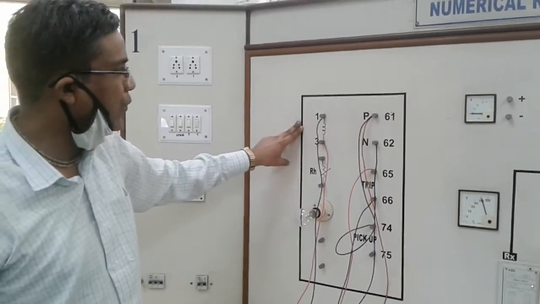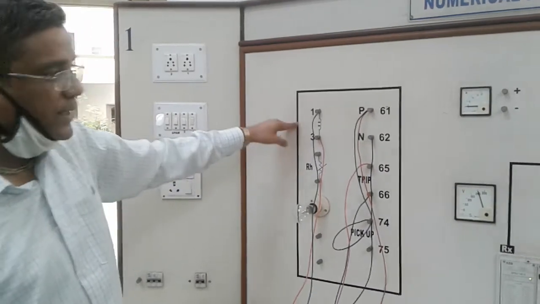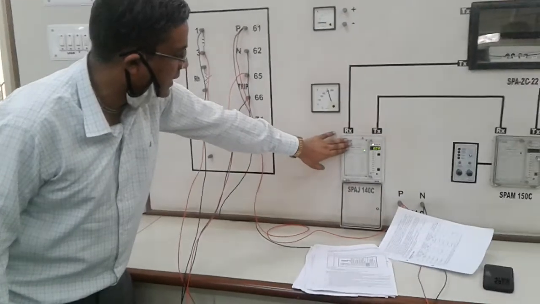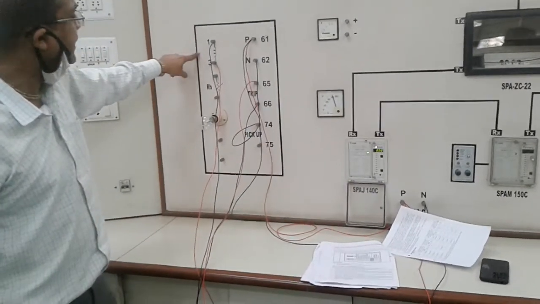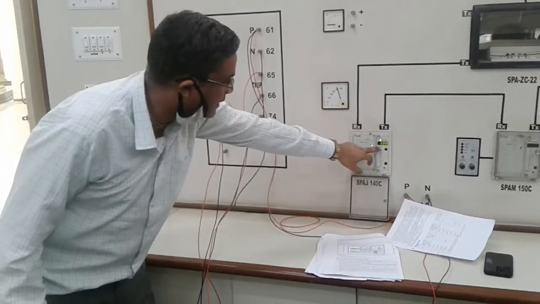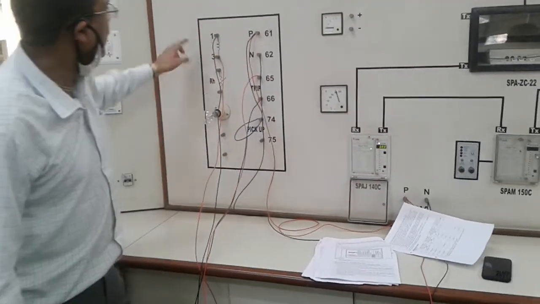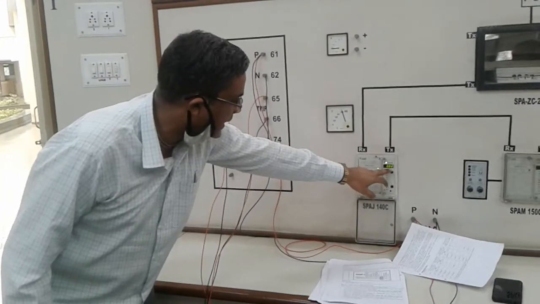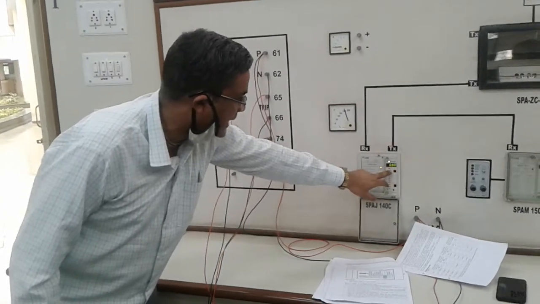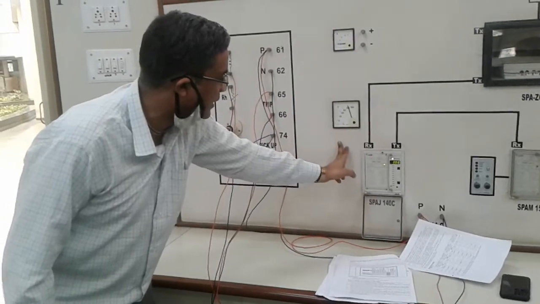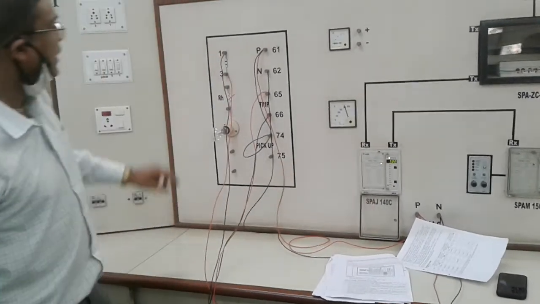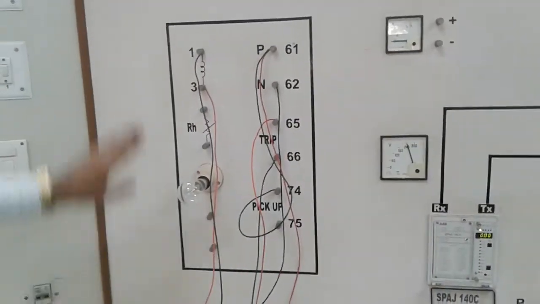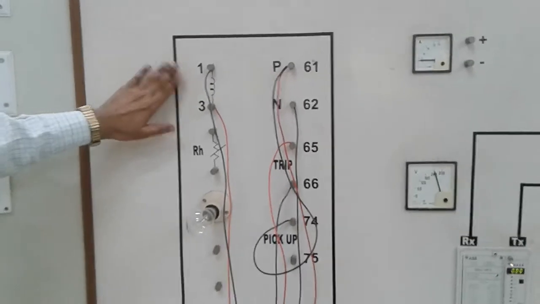Over here I have to flow a certain amount of current. This relay coil is connected to this numerical relay, and whatever current is flowing in this relay coil will be compared with our plug setting. If the relay coil is carrying more than 1 ampere current, what will happen? Because our plug setting is set at 1 ampere, this relay will send a trip signal to the circuit breaker. So in order to deliver the trip signal, I'll inject a certain amount of current in this relay coil.